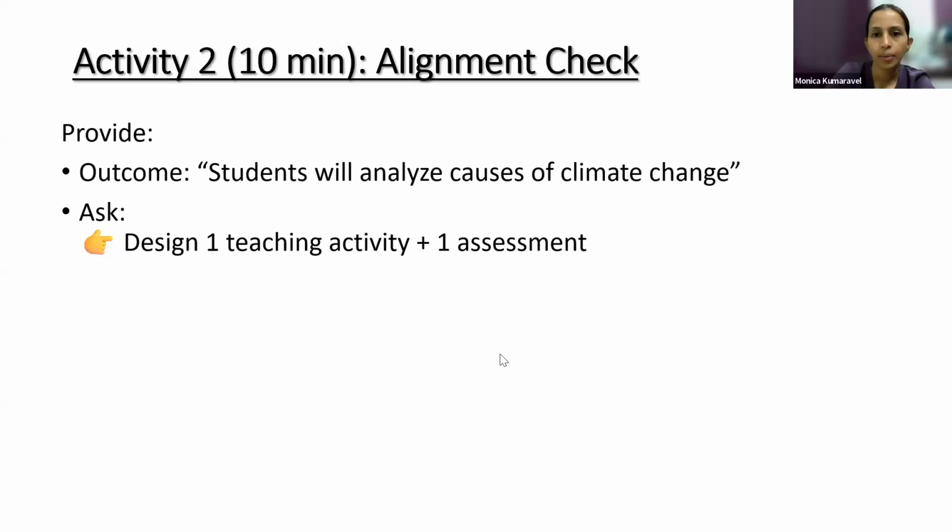Okay, and what assessment will you give, ma'am? Assessment, we can just have a formative kind of oral question in class while teaching this topic. Name one cause of climate change, and what happens when trees are cut, and we will observe how they relate what we have taught in class. Maybe I'm correct, or I don't know.